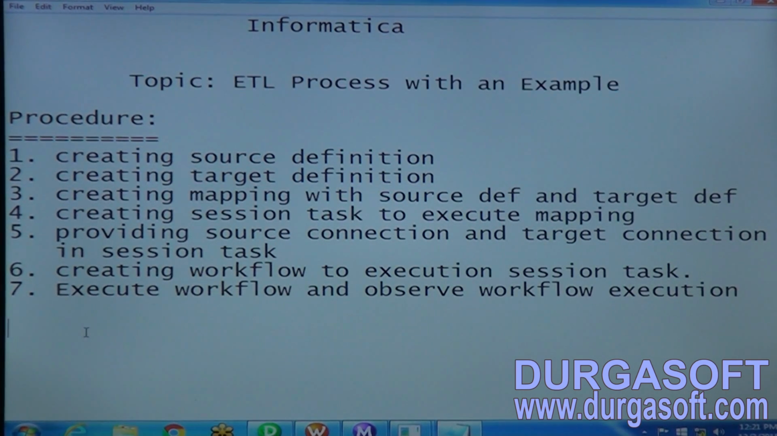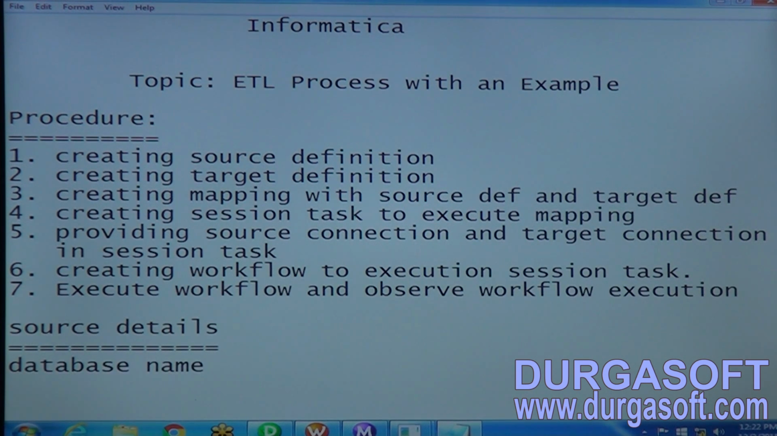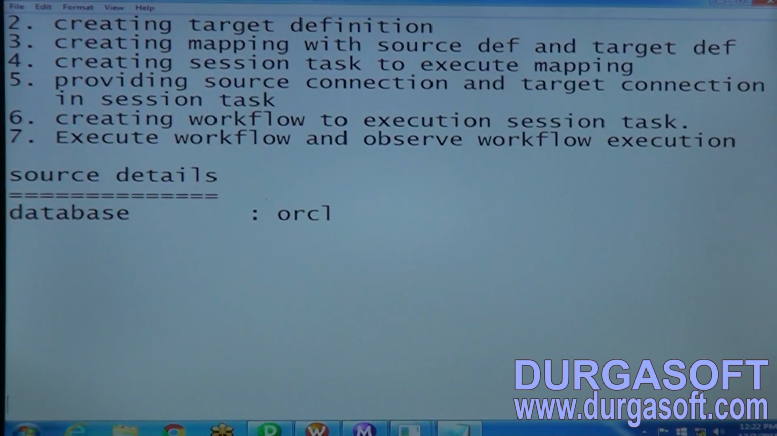for the ETL process. As an example, my source details are: database is ORCL, username is Scott, table name is EMP,